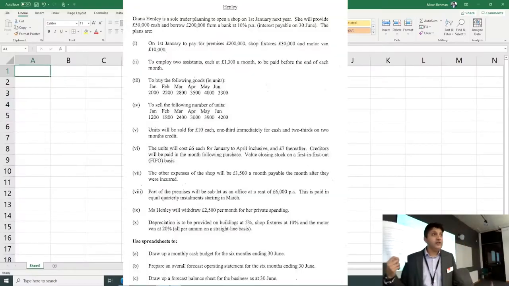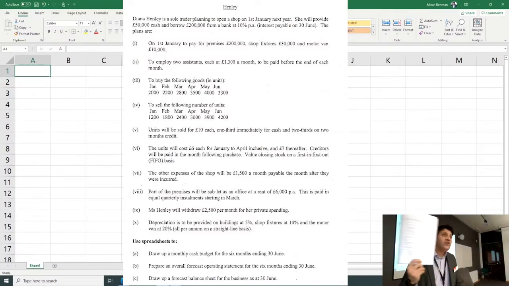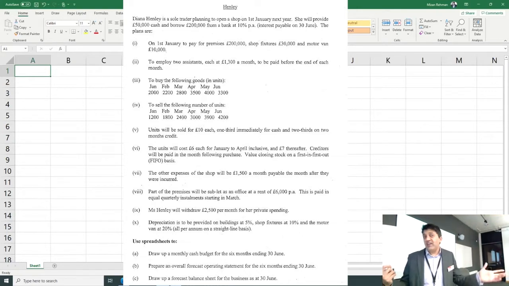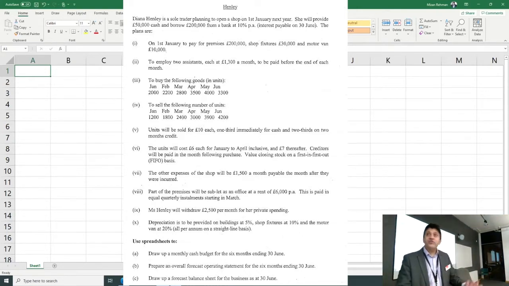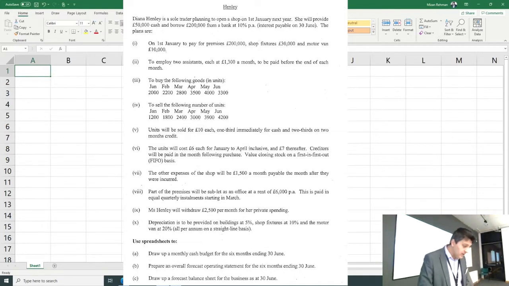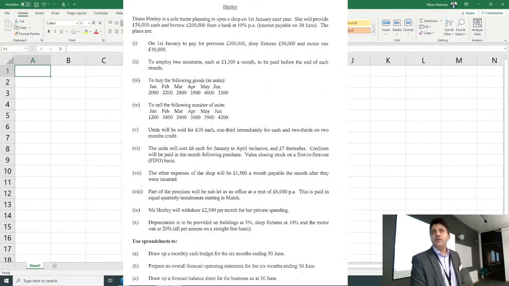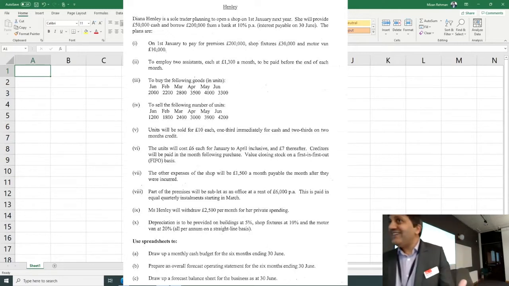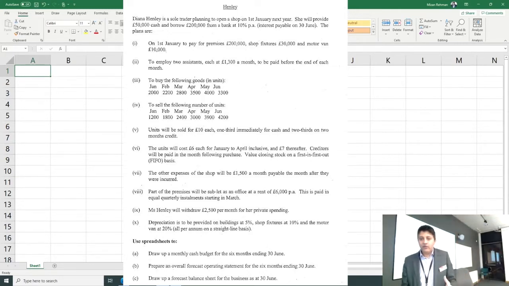The first part is financial assumptions. This is a good example. Diana Henley is an exercise, and your financial assumptions would look like this. And if you look at the video, I've shown you some of the assumptions there as well. So you should look at that as well. So what I am going to do is I will read this exercise. While I'm reading it, I'll put my data there, and then I will